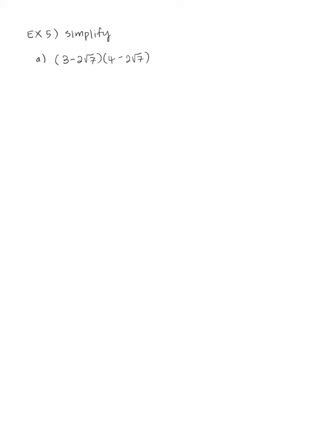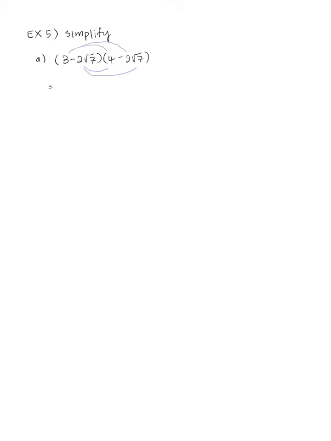Okay, again, let's take a look at another different kind of example. So simplify that. Okay, so we're multiplying two binomials together. So in this case, what we need to do is FOIL. So let's do this. I think we can do this. So first, you're going to have to distribute the 3 to 4, and then 3 to 2 root 7, and then the inner term, and then the last term. All right, so if I do that in that order,